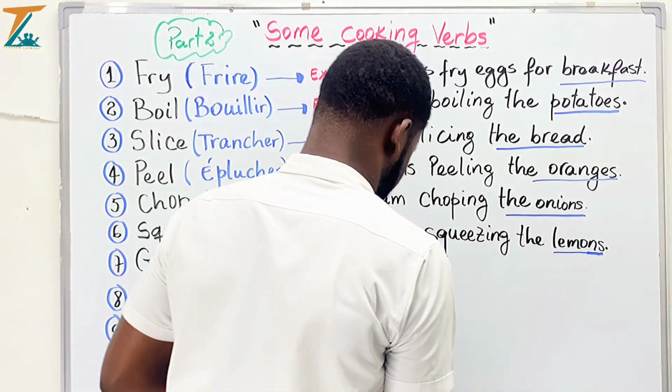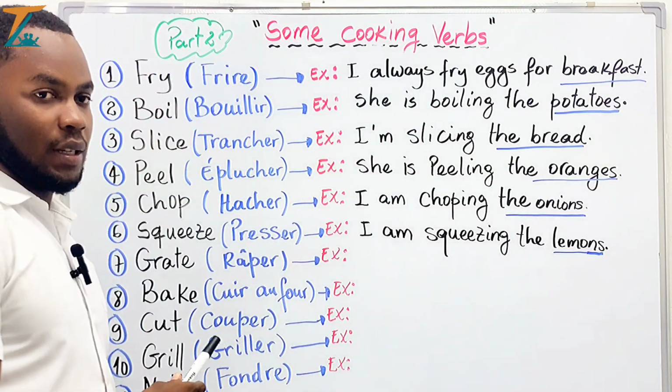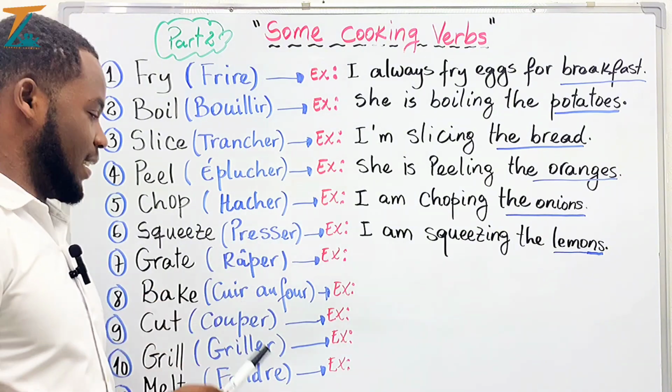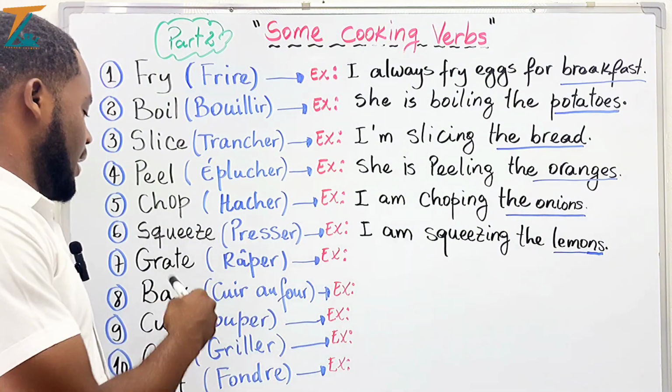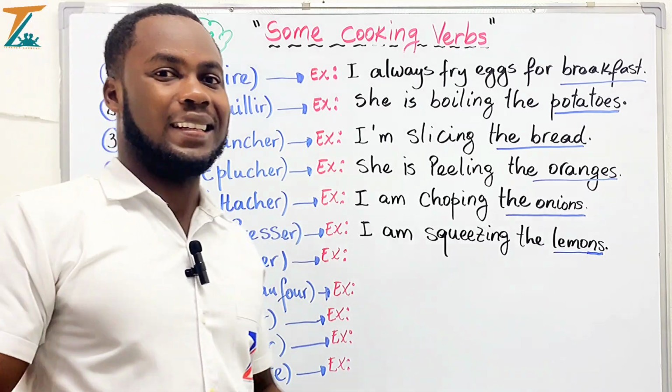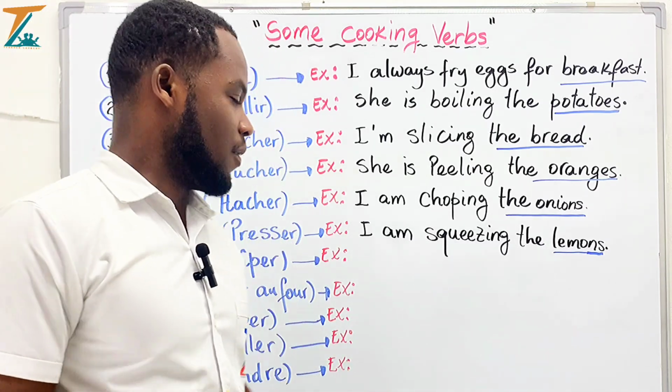Let's move on to this, okay? So the next verb that we're gonna learn today is grate. It's not great, it is grate. Okay? Grate means râper en français, mais c'est grager en créole. Okay? For example,